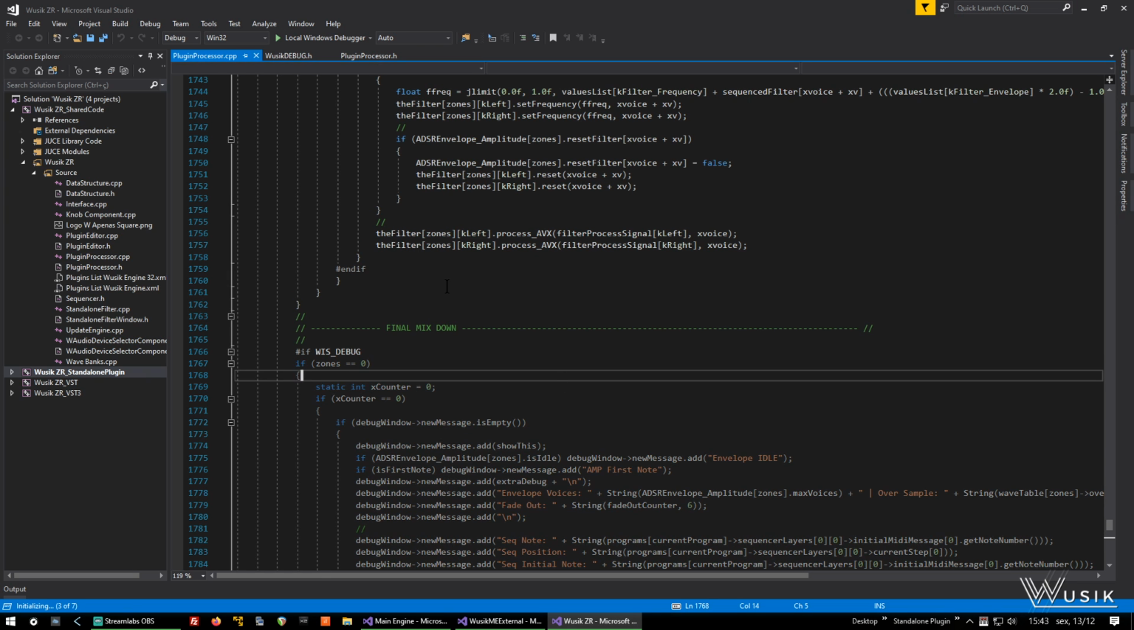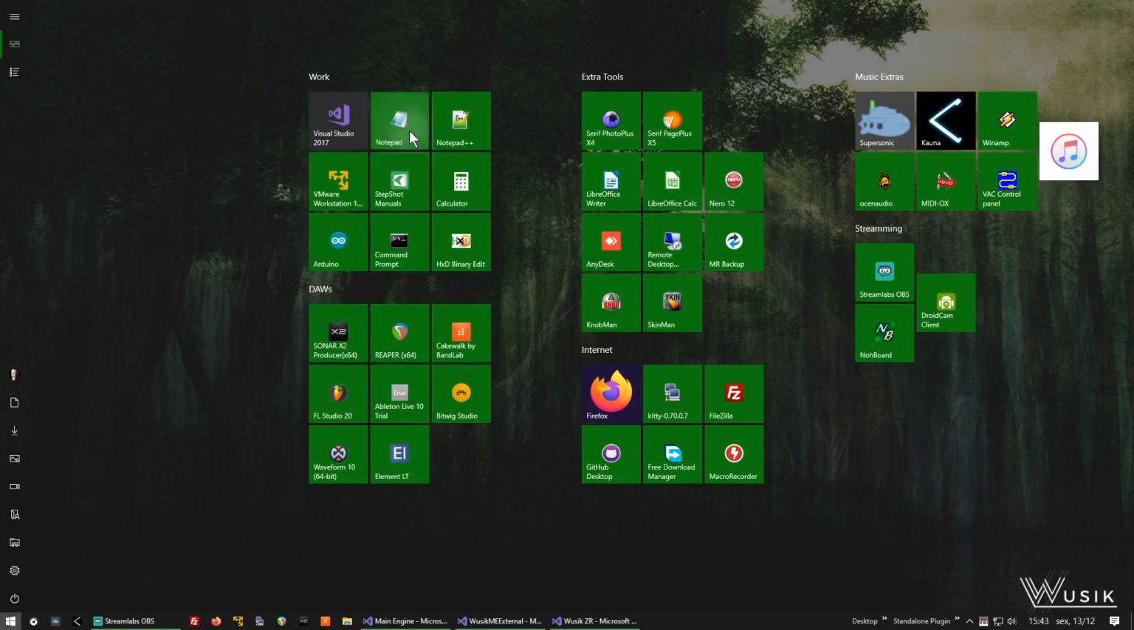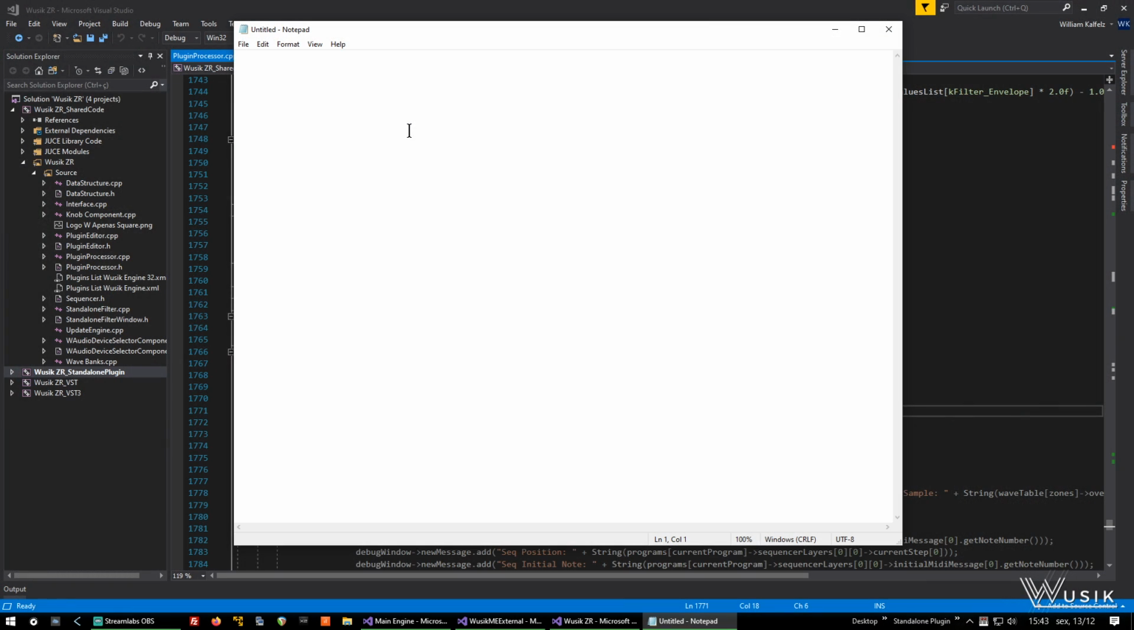Let me write the names in here. Why is it not opening? Oh yeah, my streaming code blocks my Windows key for some reason. I don't know why. So SSE, SSE2,